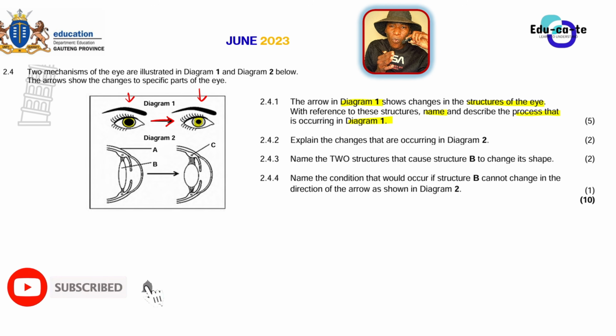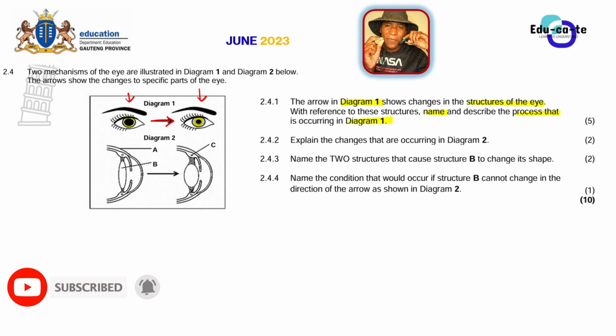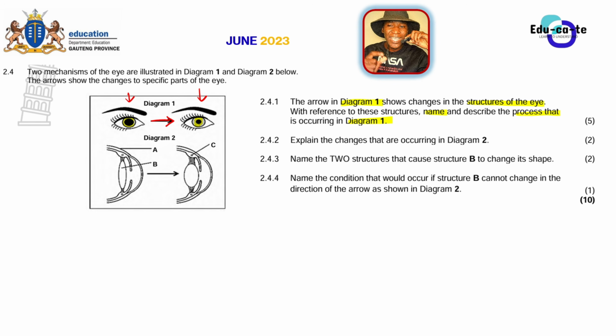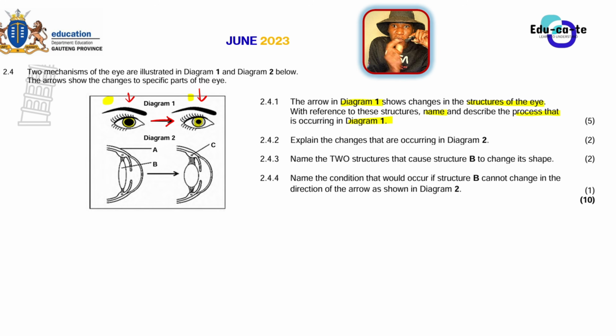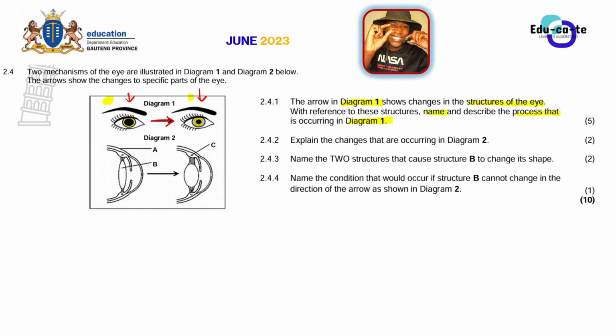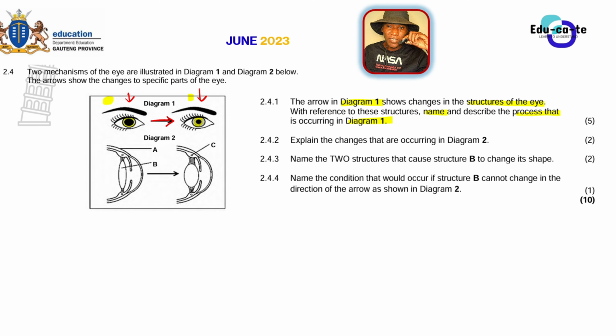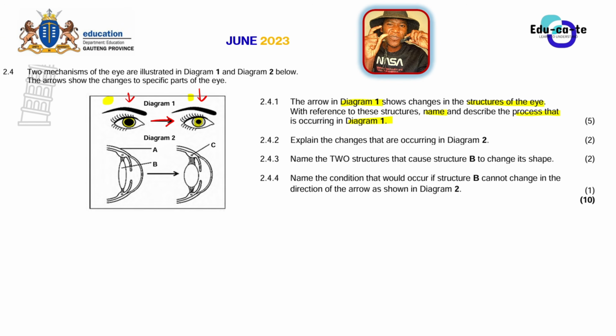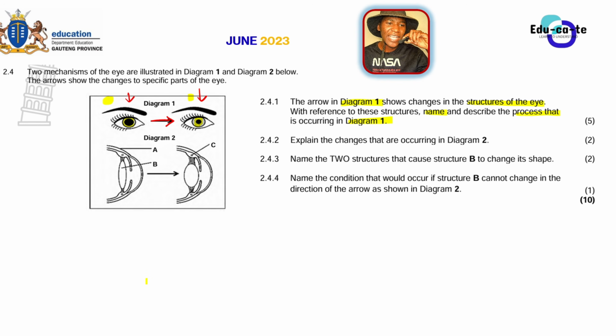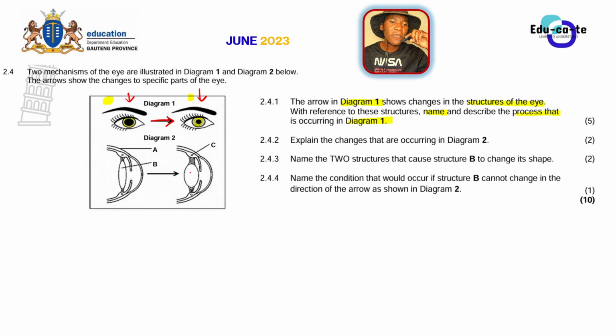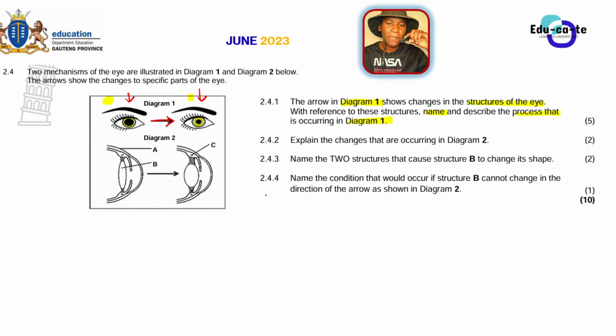So what actually causes the pupil to become smaller, to constrict? The change here is coming from this part to this part, so the pupil size is constricting. What causes the pupil to change to a smaller size? It is the intensity of light. The moment you put bright light into a person's eye, what will happen? The pupil will constrict. You see that? So that is the pupillary mechanism for the bright light condition.